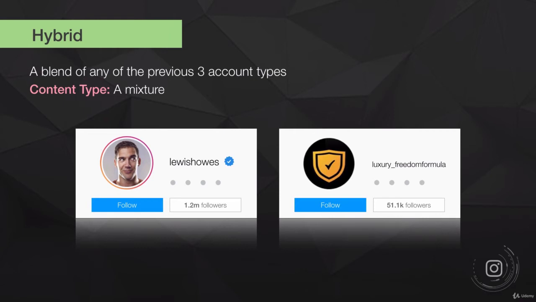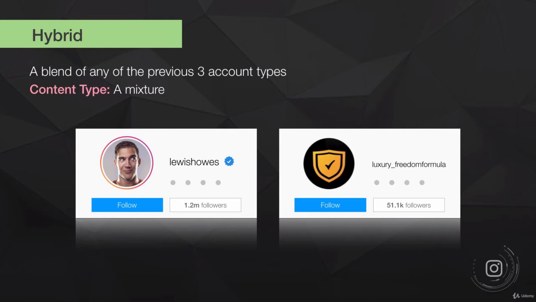He posts a lot about his products, and he's blended the 3 of these accounts together in order to create an account that takes the best out of all of these worlds. And we're going to have a look at what are the best out of each of these worlds in just a second. You can see my luxury freedom formula brand is a business account at heart, but I'm posting viral